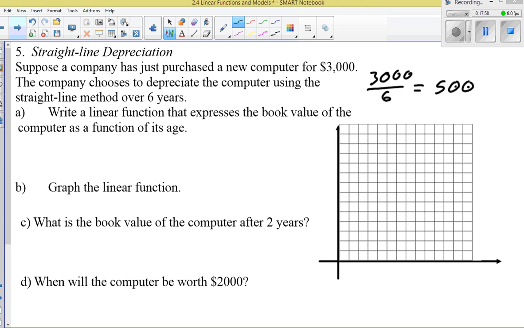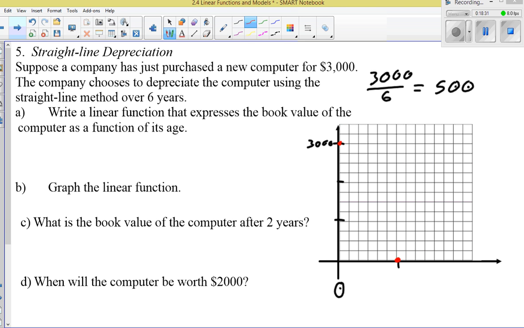If I say this is 1,000, that's 2,000, that's 3,000, that's where the value of the computer starts at year 0. I can think of that as a point here. After 6 years, 1, 2, 3, 4, 5, 6, the value of that computer is going to be